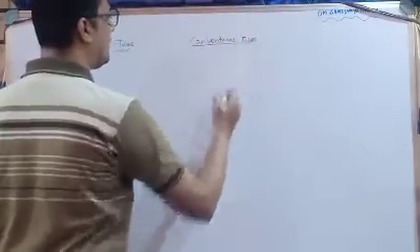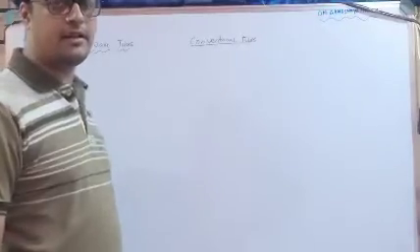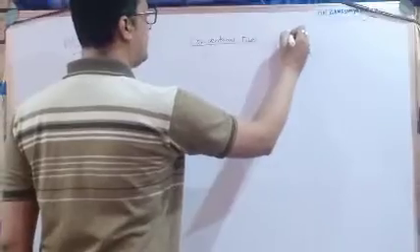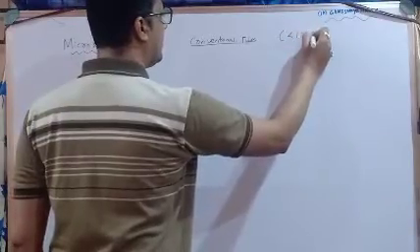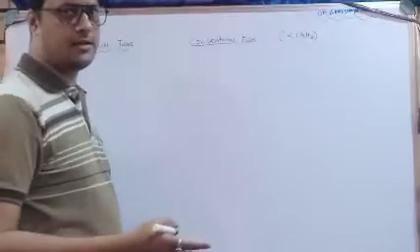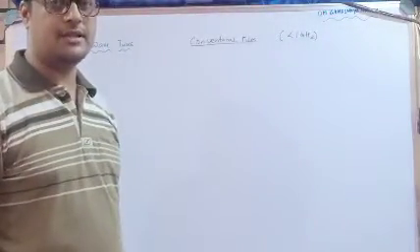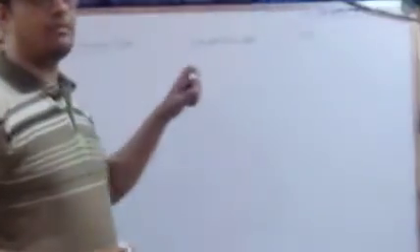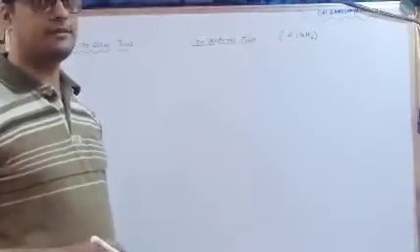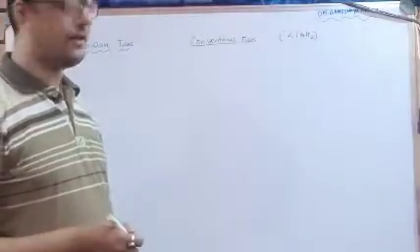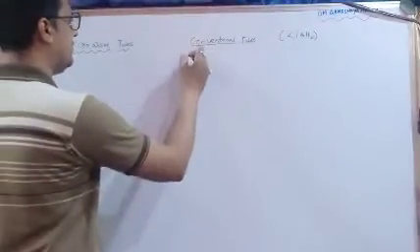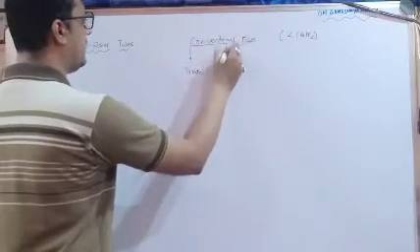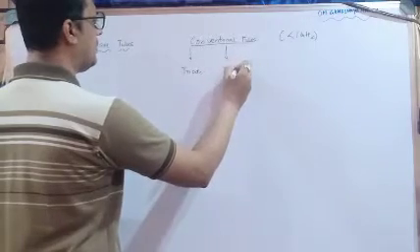In these conventional tubes, we have seen there are various types of tubes available, and these conventional tubes basically operate below 1 gigahertz, not beyond 1 gigahertz. If it is beyond 1 gigahertz, it will enter the microwave range. Microwave frequency means greater than 1 gigahertz, that is 3 gigahertz to 300 gigahertz.